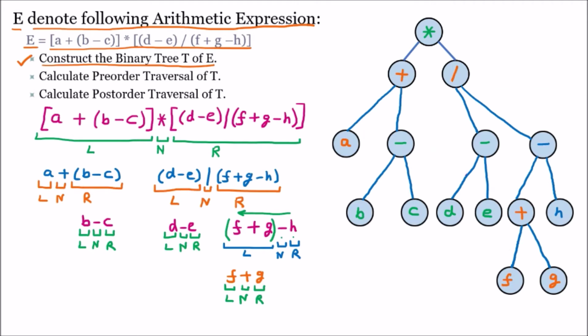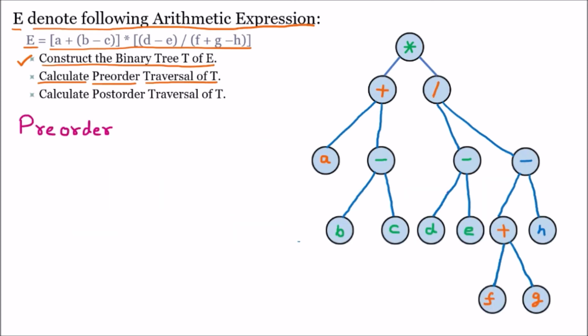So this is our first part where we have constructed the tree successfully, and now we are going to discuss the second part of this question, that is, calculate the pre-order traversal of the tree. Pre-order, we know, is whenever the parent comes before the left and right. So now we are solving this tree for the pre-order, where the node, meaning the parent, comes first, and afterward the left and the right child come. That is what we are going to solve here, the pre-order expression.